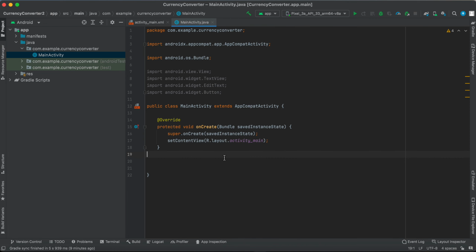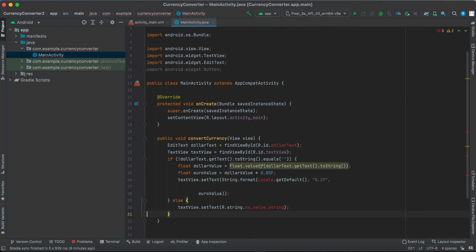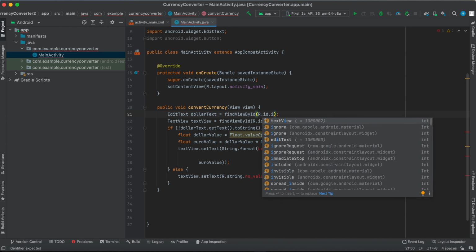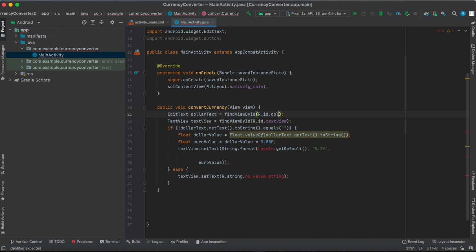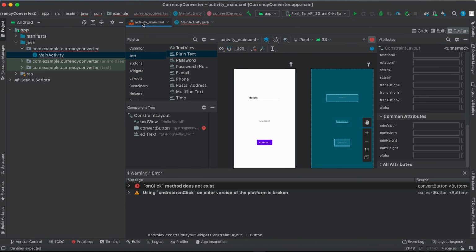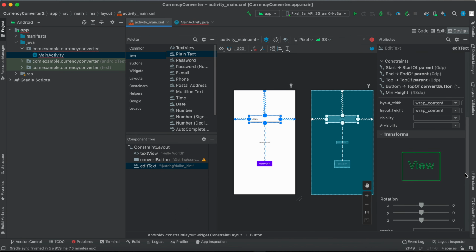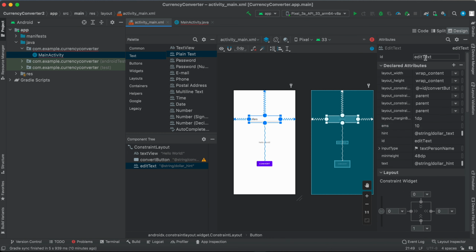And change the ID for our text view. Let's check. This is our edit text. Let's see the ID. This is our ID, just copy it,